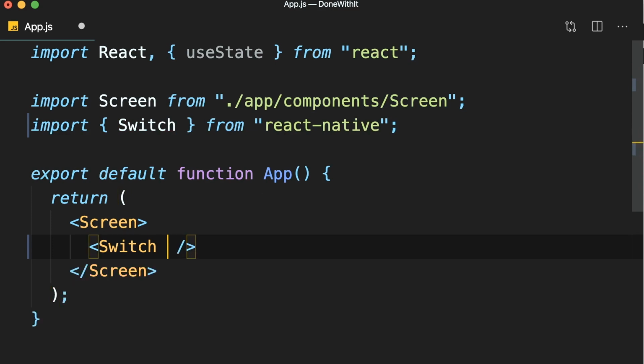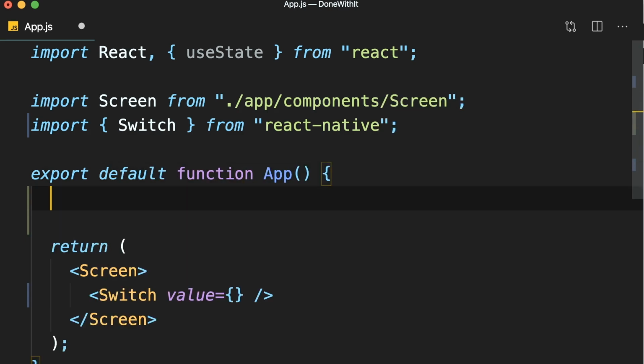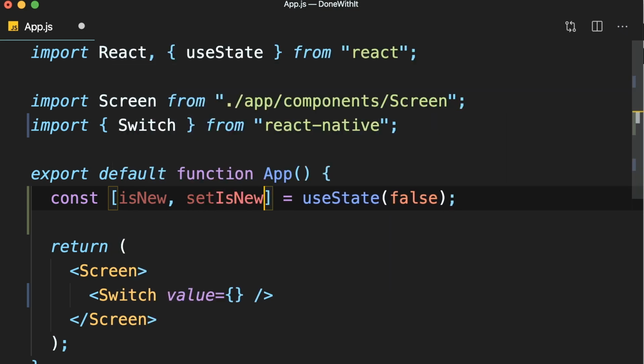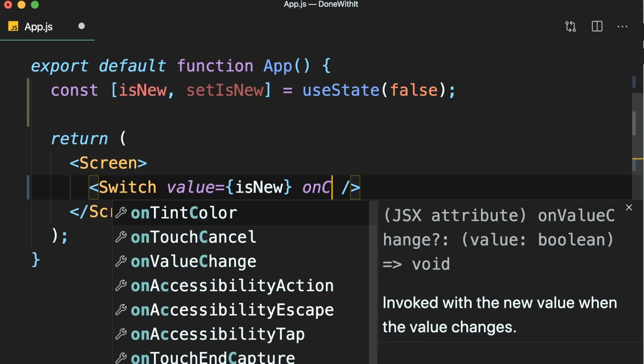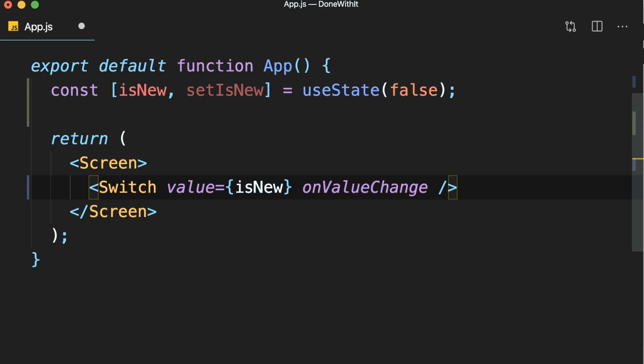Now here we need to set two props. The first one is value, which we set to a Boolean variable. So let's declare a Boolean variable here using the state hook. We give it an initial value of false. Now we get an array and destructure it. Let's call our state variable isNew, and this function setIsNew. Okay. Now we bind the value prop to isNew